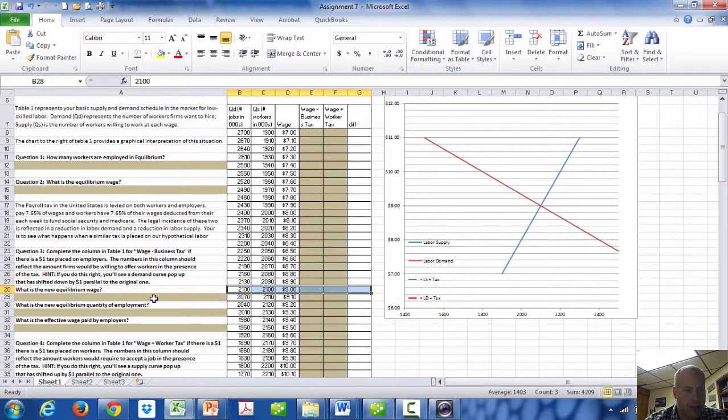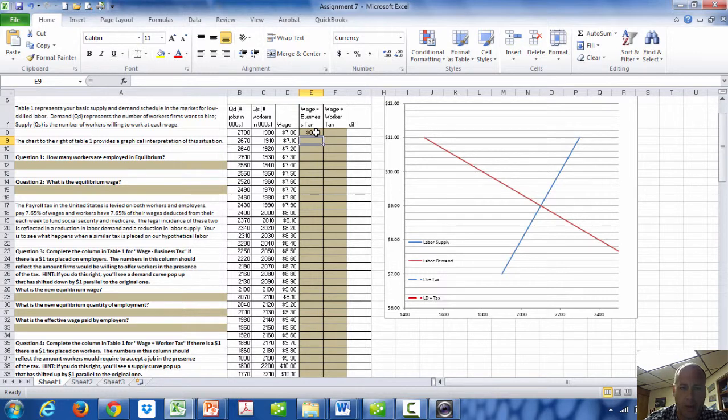All right. So then question 3 asks, complete the column in table 1 for wage minus business taxes. This is for a $1 tax placed on employers. For wage minus business tax, we go to this column here, and essentially what we're going to do is put equals cell D8 minus 1. This is the wage minus the $1 that employers would have to pay in the face of the tax. So what we get here is